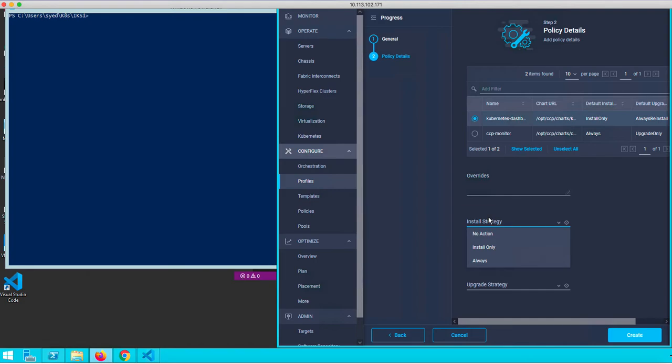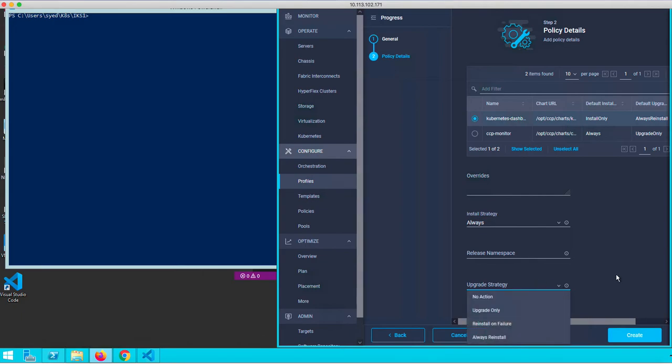Install only means that the operator ensures add-on is installed once, but if, for example, it's manually removed for any reason, it's not going to be reinstalled. Always means, as the name suggests, that if you manually removed the Helm release, the add-on is always reinstalled. So let's select always, and for